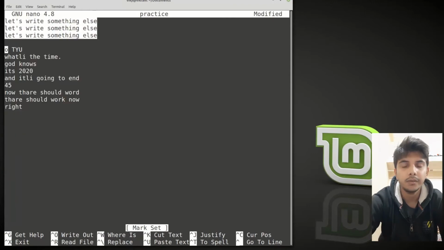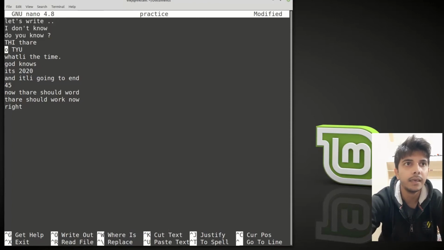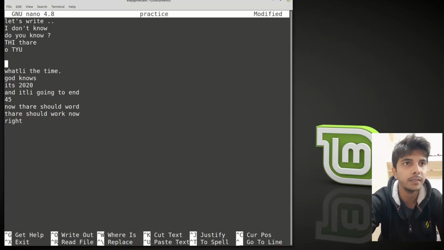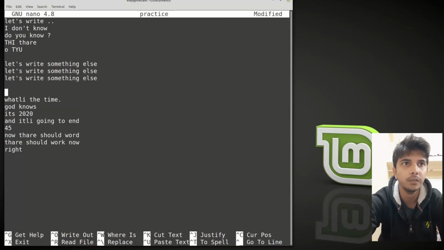Now you can press Control K to cut this segment, or you can press Alt plus 6 to copy it. So I'm pressing Control K to cut it, so the text has been cut. Now if I want to paste it again, I will use Control U. So this is how we can select a particular amount of data or words.